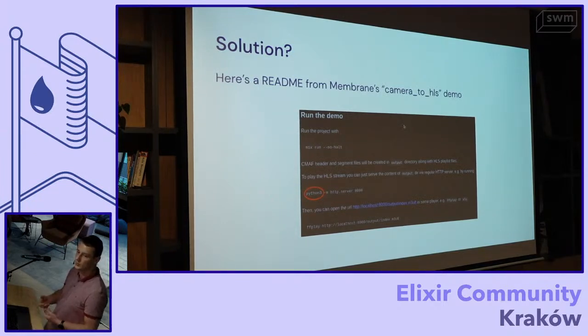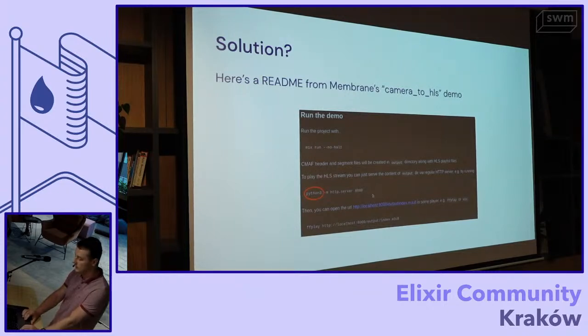But then in order to play it, one will have to serve it somehow. Since the demo was very basic, there was no HTTP server there. So the most straightforward solution is to just run a server in the folder where all the output is generated, and then pass a proper link to a player.